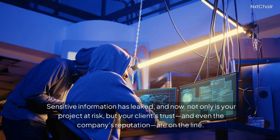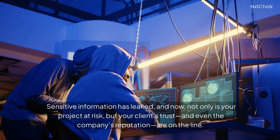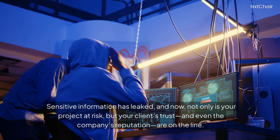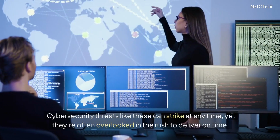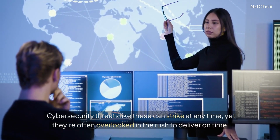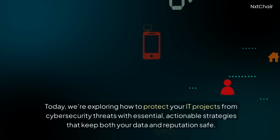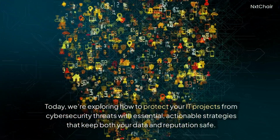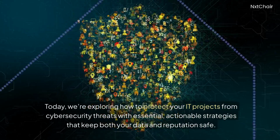Sensitive information has leaked, and now, not only is your project at risk, but your client's trust, and even the company's reputation, are on the line. Cybersecurity threats like these can strike at any time, yet they're often overlooked in the rush to deliver on time. Today, we're exploring how to protect your IT projects from cybersecurity threats with essential, actionable strategies that keep both your